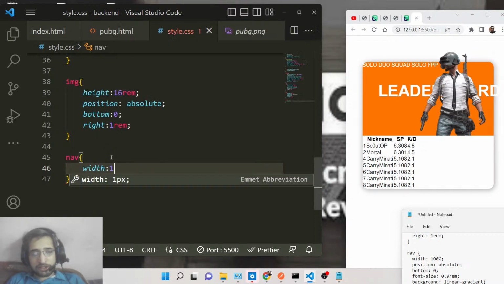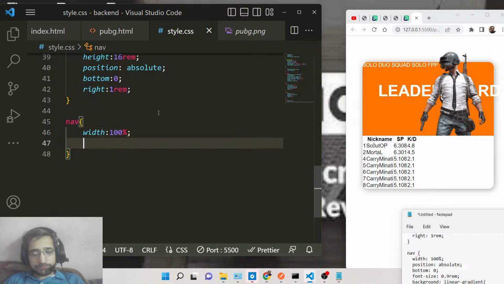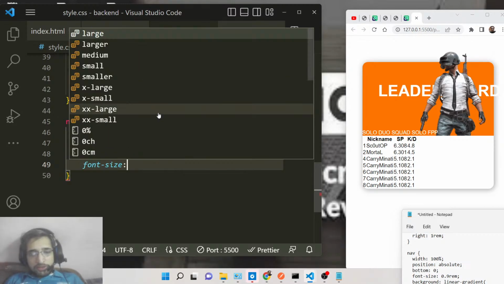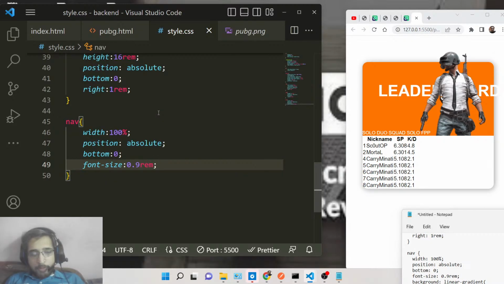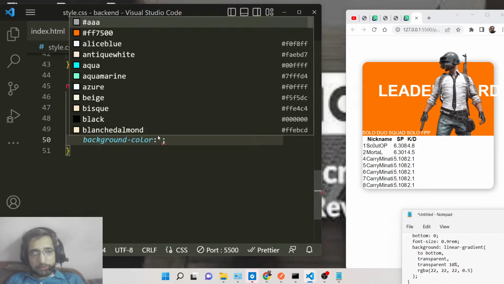We will make the width to be 100%. So the width will be 100% like this. And position will be absolute like this. And the bottom will be 0. Font size we will simply say, guys, it is 0.9 rem like this. You can now see. And we need to attach a background to it, guys, which will be a linear